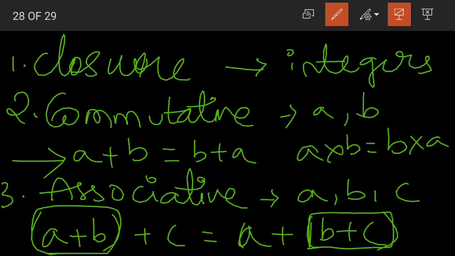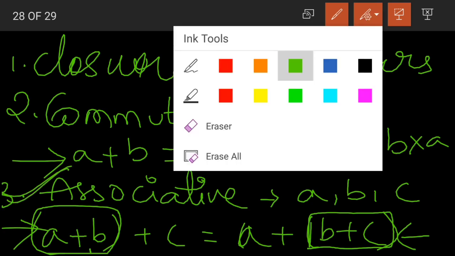Like if you are doing too much mischief in the class, what does ma'am do? Ma'am changes your place and makes you sit with another group. What will happen? Even though you are made to sit with another group, you will do the same mischief, right? There is no difference in the mischief done. In the same way, even when the groups of integers are changed, the answer should be the same. In such cases, we say that it follows associative property.